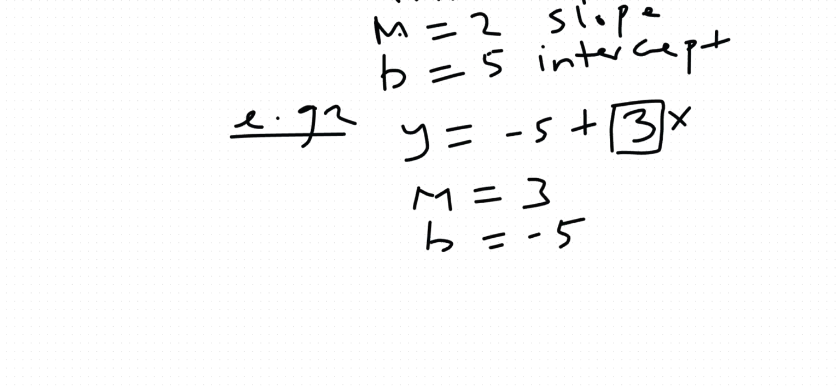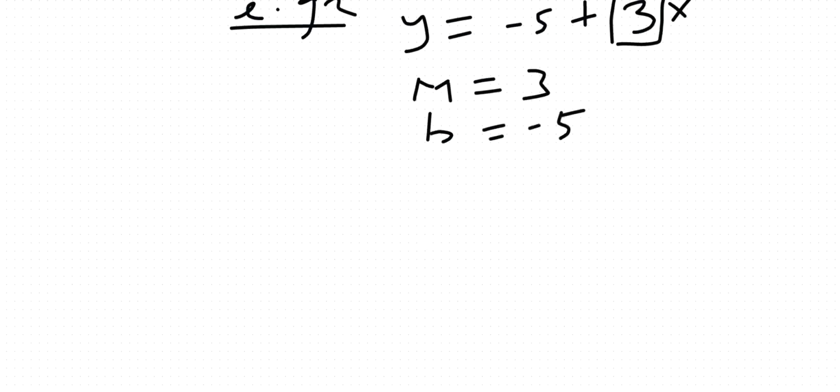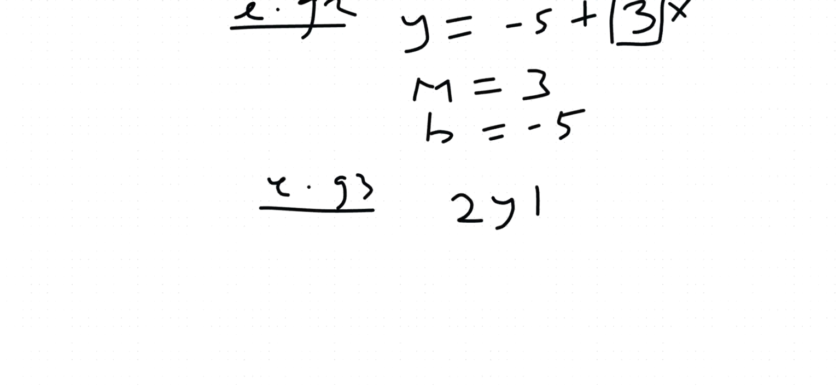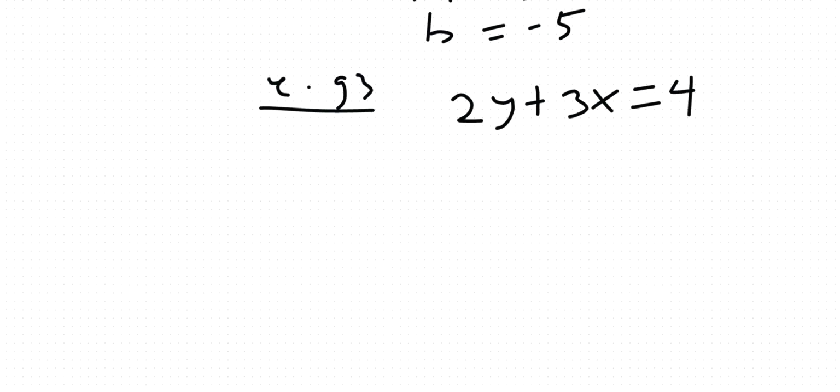But the question is this: is it every time we see it in this simple way? Let's advance our way. For example 3, if you have 2y plus 3x equal to 4, what will be our slope here? What will be our intercept? In this case, you need to write your equation in slope-intercept form, the way your general equation of a line is, which is y equals